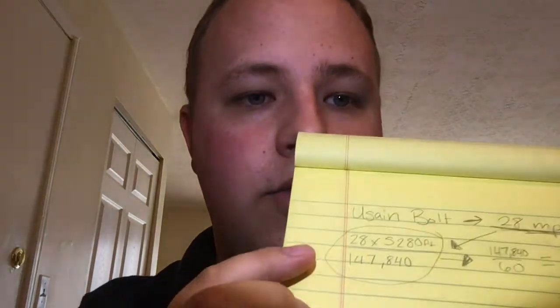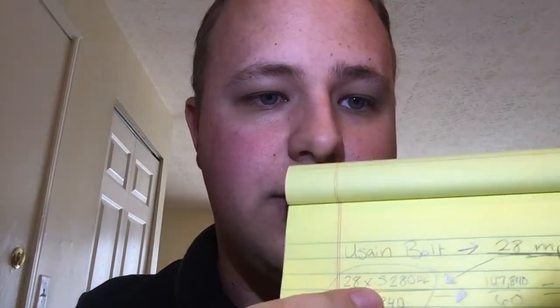So if we do some of the reverse math of what that is, we use the same principle, right? We've got the 28 miles an hour times the number of feet in a mile, which is going to give us 147,840 feet in an hour, divided by 60 will give us our feet per minute, which was 2,464 feet a minute. Break that down by the number of rounds again, and that's Usain Bolt moved